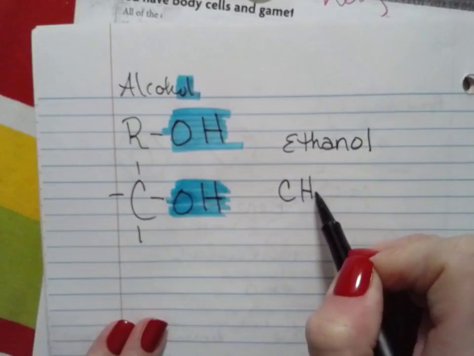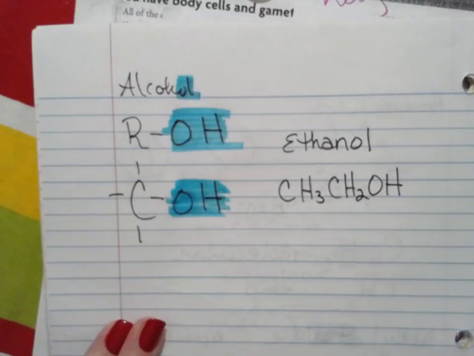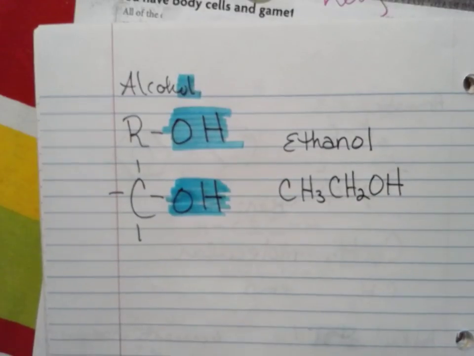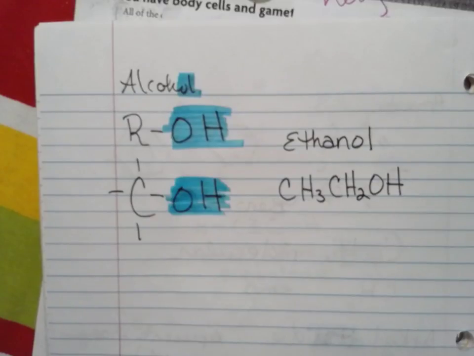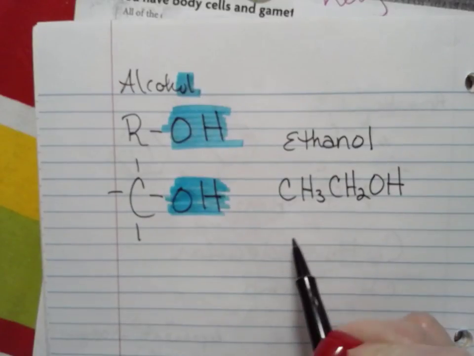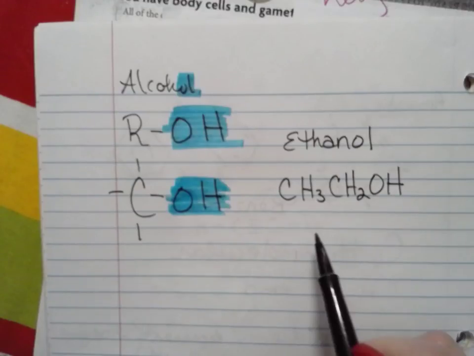CH3, CH2, OH. That is an expanded formula for alcohol. If we were to write the line structure for this,